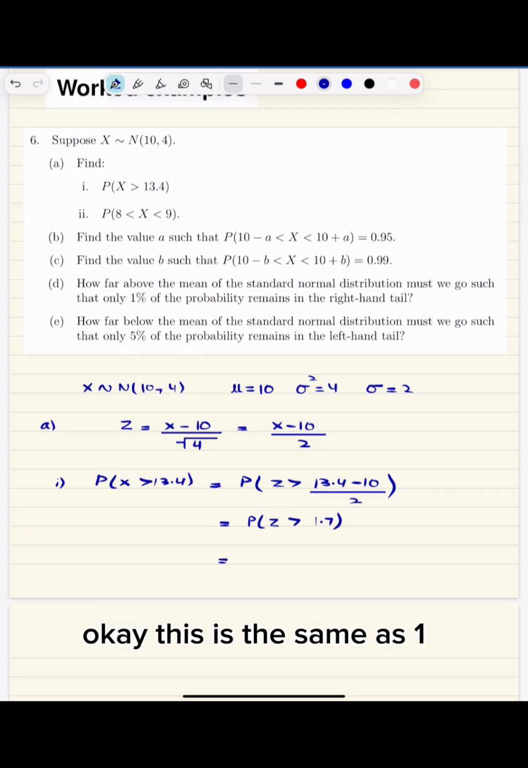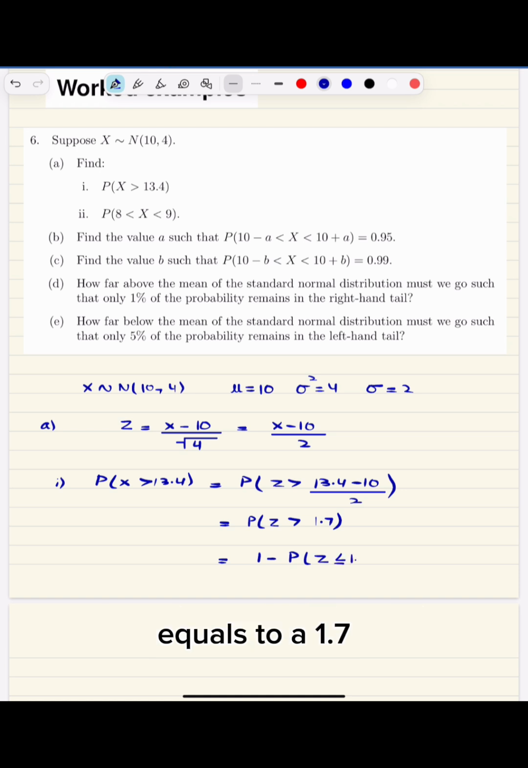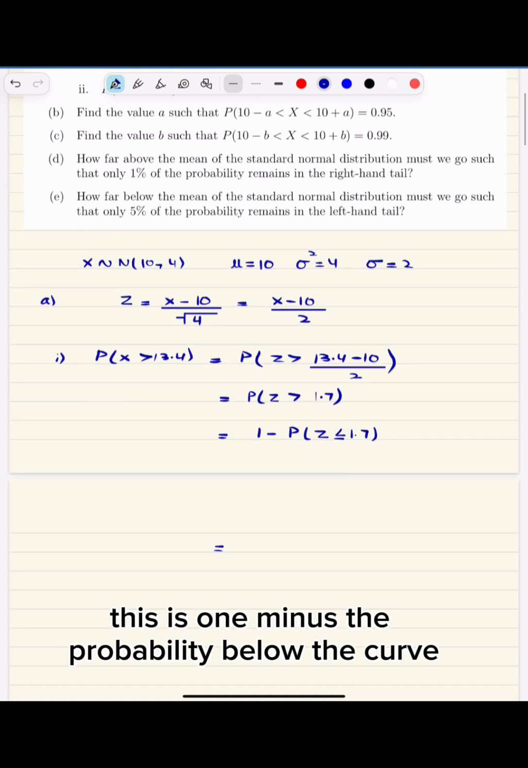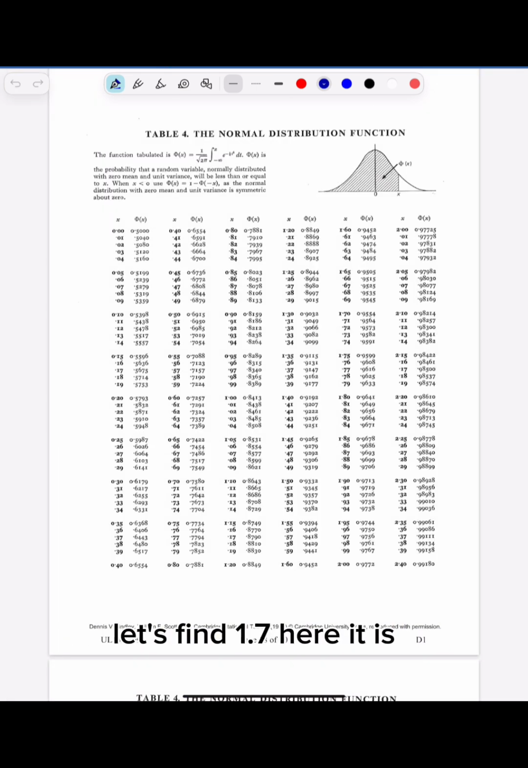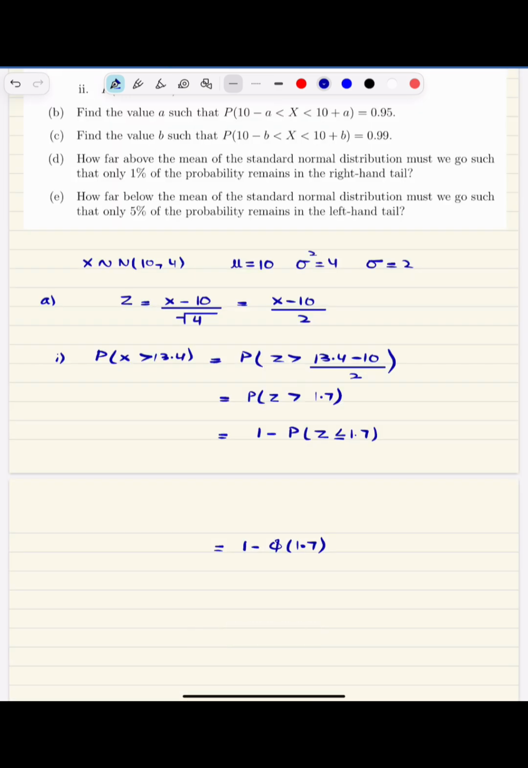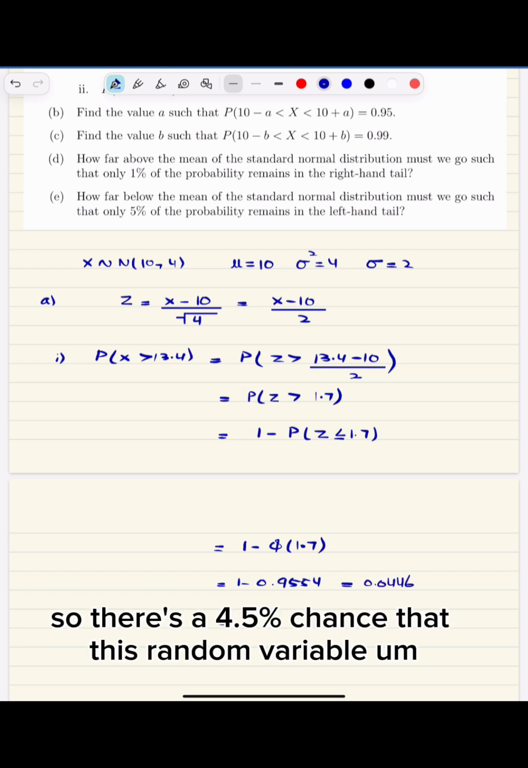Okay, this is the same as 1 minus the probability of z being less than or equal to 1.7. This is 1 minus the probability below the curve when z is equal to 1.7. Okay, let's find 1.7. Here it is. So 0.9554, and 1 minus 0.9554 is 0.0446. So there's a 4.5% chance that this random variable